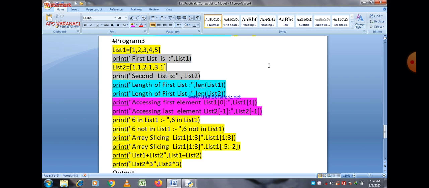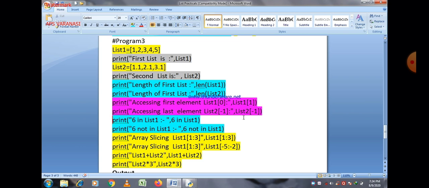And when you pass list 1 [1], it means the second element. And always remember that when you want to access a list in reverse order, it always starts from -1. So list 2 [-1] basically shows you the last element of a list.